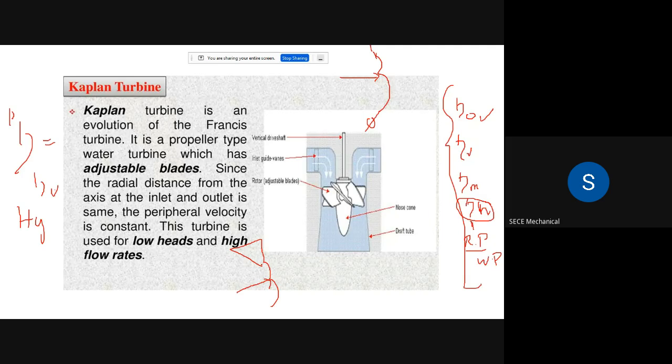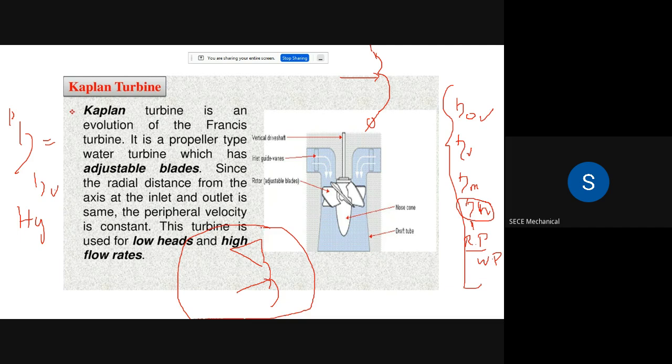Similarly, for Kaplan turbine and Francis turbine, you have to draw the respective velocity triangle. So in an interview, if the part is tough, they will definitely ask you what will be the velocity triangle for Pelton wheel. Because the velocity triangle of the Pelton wheel is different from the other two, Kaplan and Francis turbines; when you compare, the velocity triangle will be different.